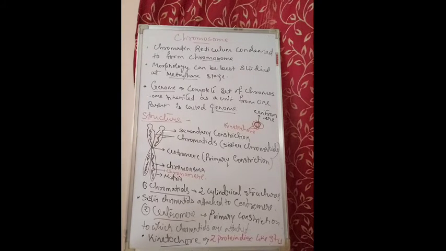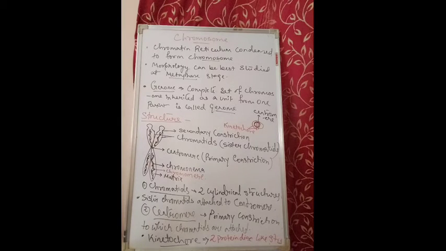Now each chromatid consists of thread-like structures, which are known as chromonema. When this chromonema duplicates or replicates, it is known as chromonemata, the plural form of chromonema. This chromonema contains the genes, and the beaded structure which I have drawn represents the gene in a DNA, which is known as the chromomere.